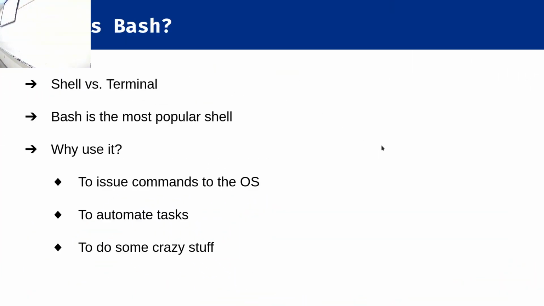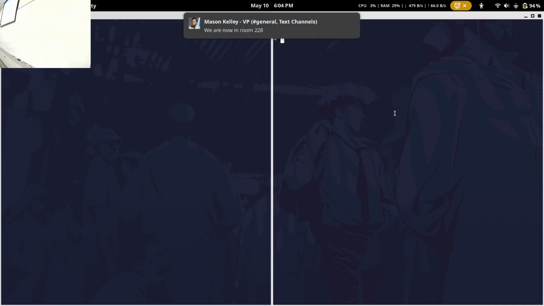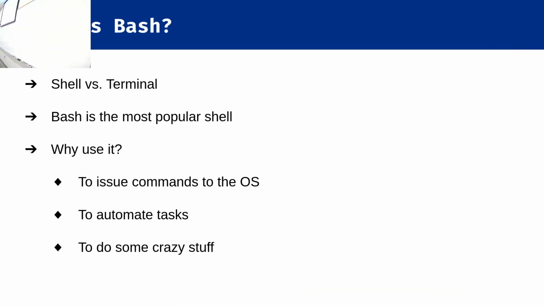All right. So yeah, shell, terminal, different things. If I go to these two terminals over here, on the right there's a different terminal, on the left is another terminal. If I type in sh, I'll be in a different shell from bash. Again, it's just another program for issuing commands to the operating system. They do effectively the same thing, it's just everyone loves bash because it's really cool. We also love bash.